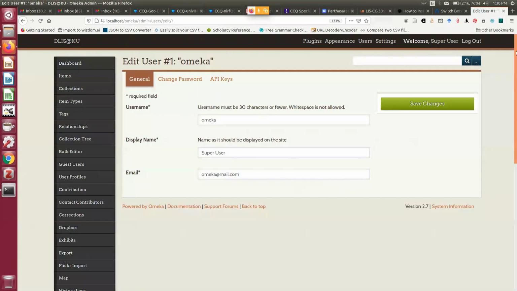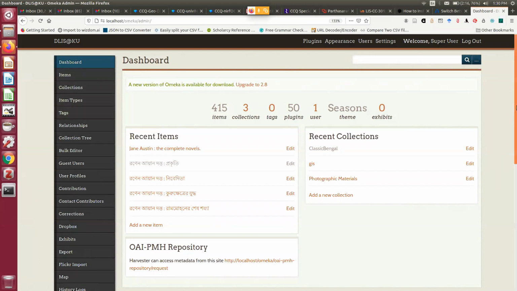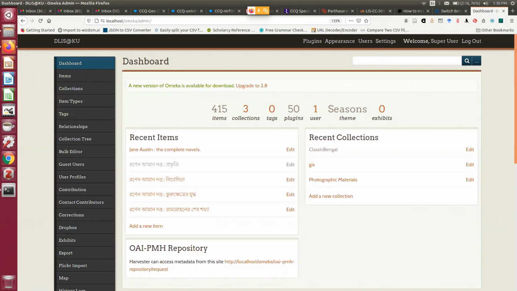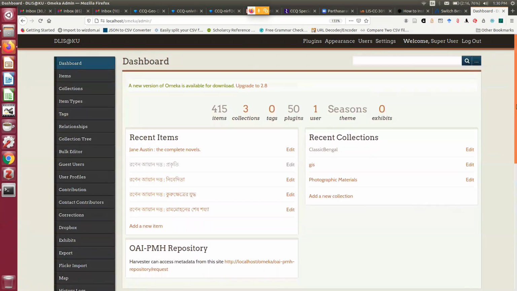So this is the super user interface of Omeka, and you can see here my dashboard is slightly different from your dashboard. Your dashboard is having only four or five things up to tags or something, one, two, three, four, and in my case you can see it's a very lengthy one. Why has it become so lengthy? Because I have installed many plugins here, and today you are also going to install many plugins. So first, let me tell you the process.